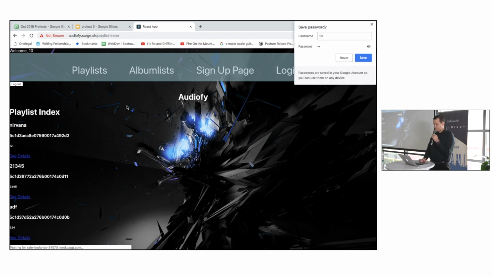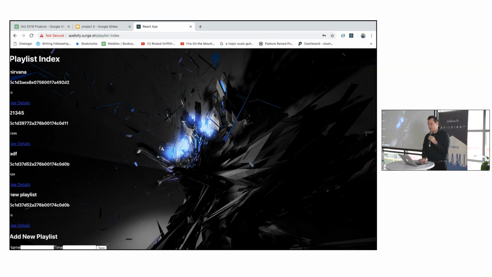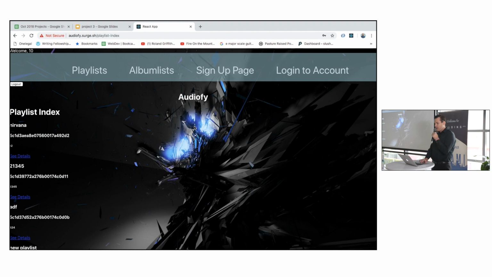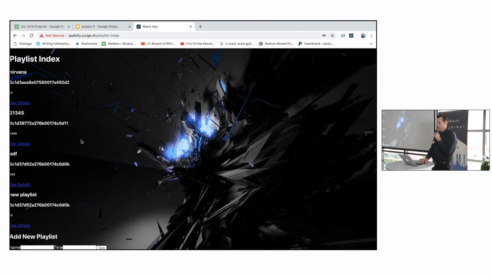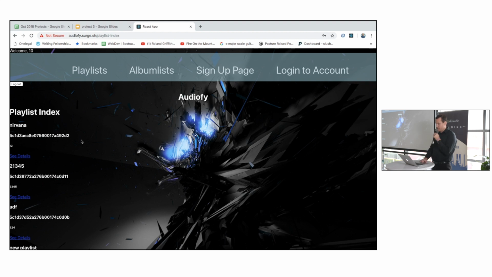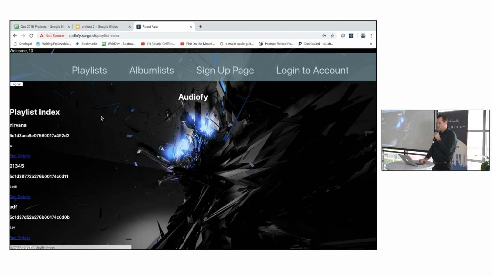Let's see here. So once you sign up, you have access to look at just the various entries in the playlist. That's another opportunity to maybe get a little more creative. I thought of album lists as an alternative where you play one song randomly from albums of your choice. Not the most exciting, I know, but it's an alternative to the standard playlist. So yeah, this is the playlist. It would be the main list of all the playlists that a user has. Album list has the same look, I guess, same layout, I should say.